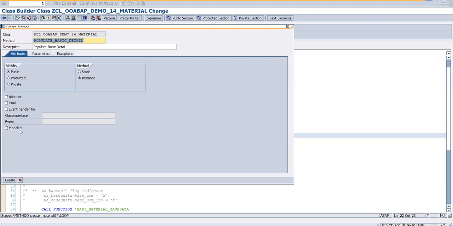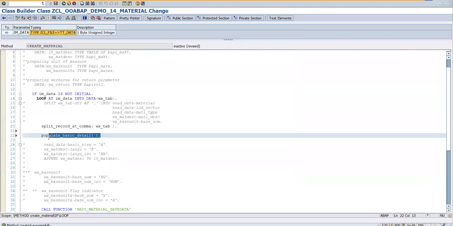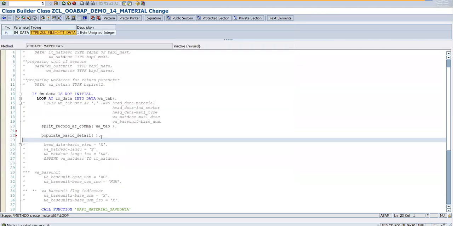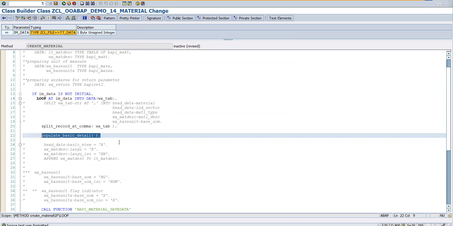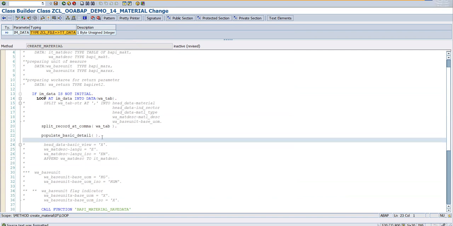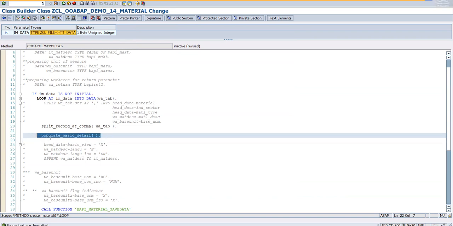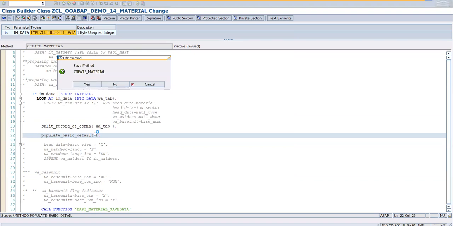What's the meaning of model? If you put model, you will not be able to do the implementation. That is just for designing purpose, which means you will not be able to use that particular method at that time. That's the meaning of just modeling. You can check once. See, populate basic underscore detail. This is the method I have created, and inside this method